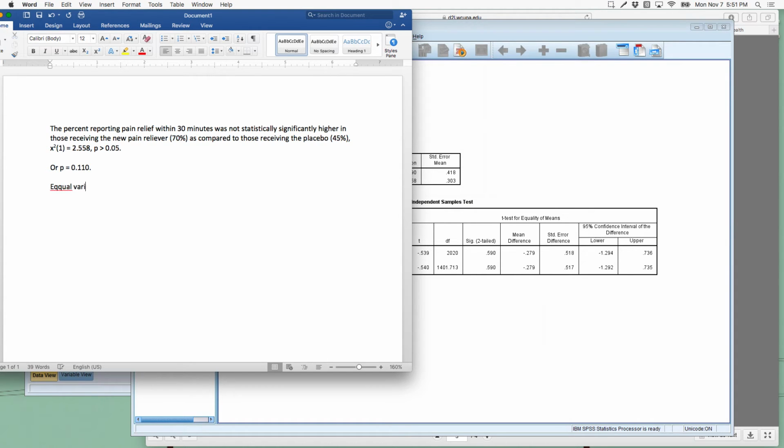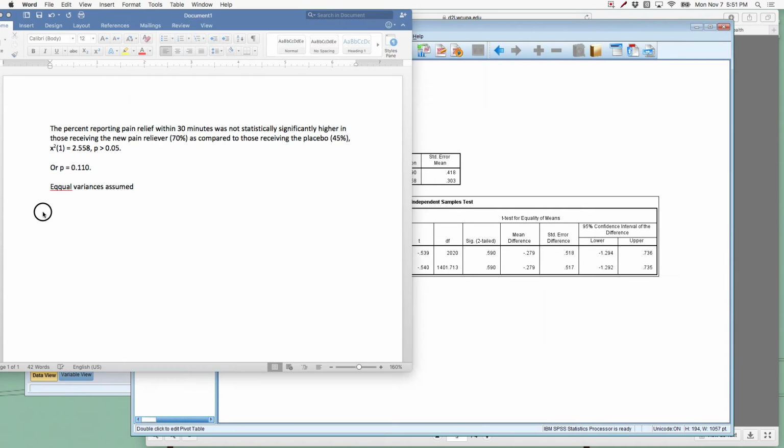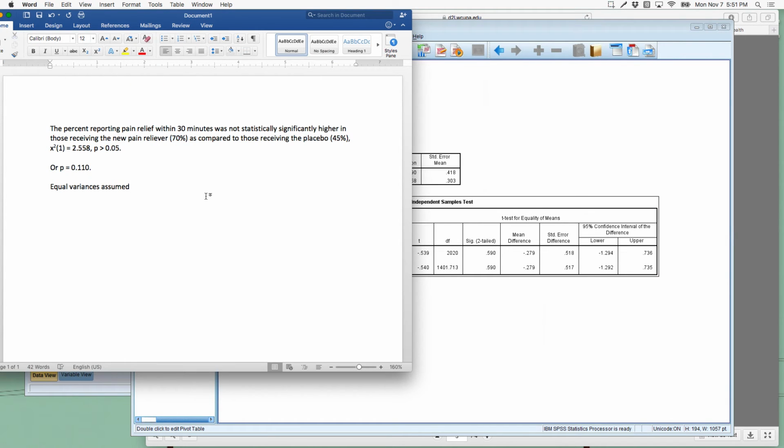So to write that up, we would say equal variances assumed, because we're using the top row. That says equal variances assumed. So since we said this is above 0.05, the first sig, we use the top row. If it was less than 0.05, we use the bottom row and say equal variances not assumed. An independent t-test found that age was not, I'm capitalizing this for effect, but you don't need to do that, significantly different between those